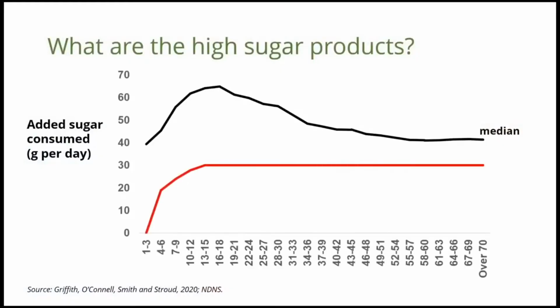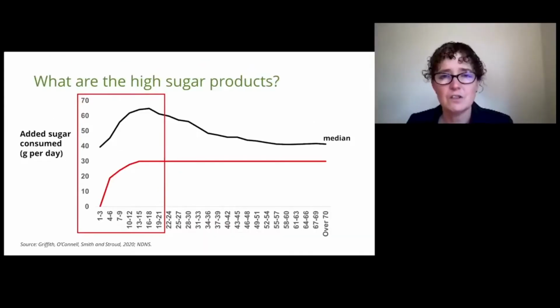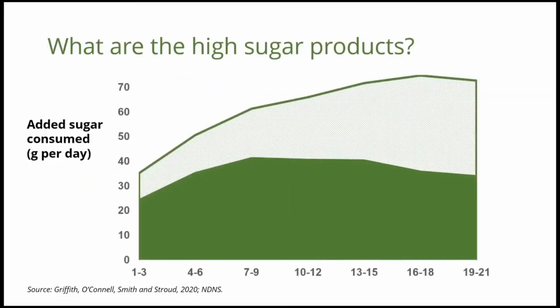So if we go back to the picture I showed you earlier and look at what are the high sugar products that account for most of the excess consumption, and if we focus on younger ages, as I've argued, the internalities are likely to be highest in people of younger ages, and I can zoom in on that portion in the red rectangle there, we see, first of all, that for teenagers, around half of sugar consumption is accounted for by sugar-sweetened drinks and half by food. That's been one of the motivating factors behind focusing on soft drinks taxes.